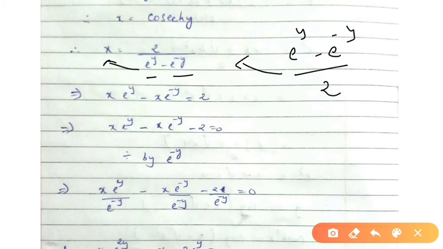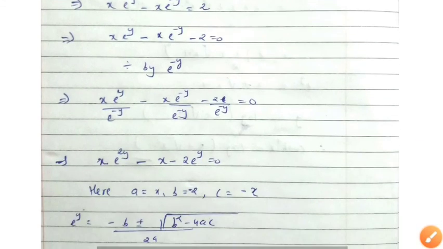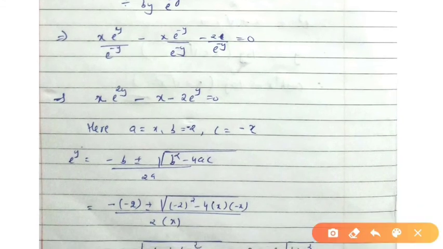Now I will do cross multiplication over here. So I get x into e raised to y minus x into e raised to minus y equal to 2. Okay. So now I am taking 2 to the other side. So this will be converted to minus 2. Again I will do the same procedure. I will divide the whole equation by e raised to minus y. See, I have divided the whole equation by e raised to minus y. Now again this will move to the numerator. So it will be equal to e raised to 2y. This will get cancelled, and same way in the last term the equation will change to e raised to y.